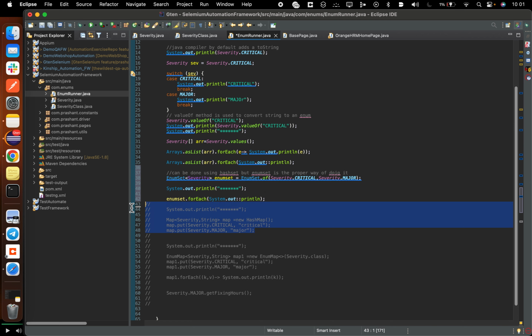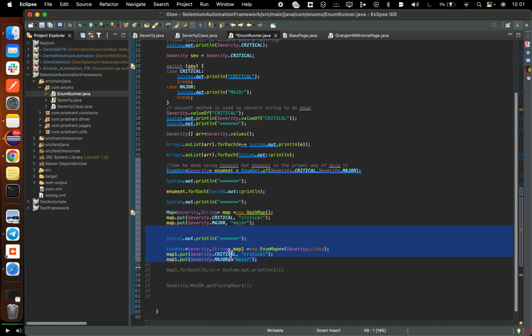And here also what we are trying to do is put all the enums in a map. How do we put it? Like map.put(Severity.CRITICAL, ...). So here we have generics, Severity and String, right? Here we are putting the values, and here you are doing that, okay? And then finally you can do it in a map. Similarly in the map also you can try. So in this EnumMap,